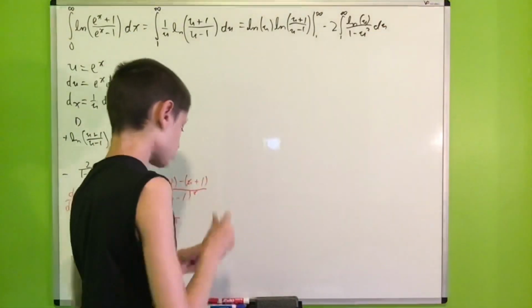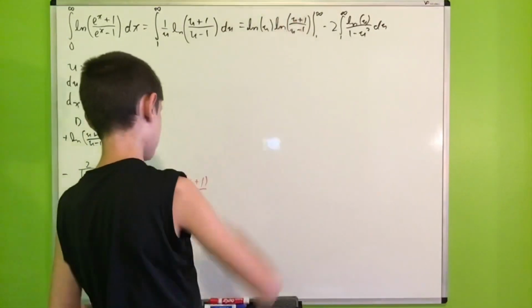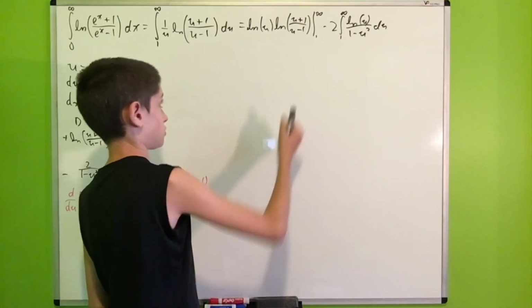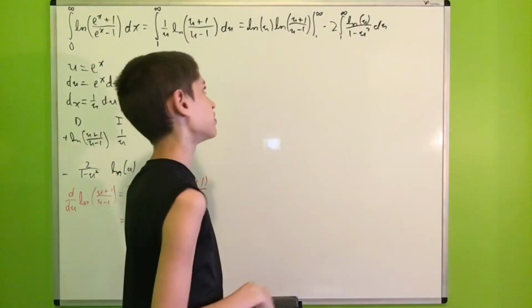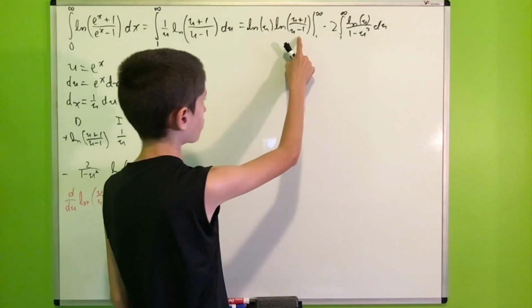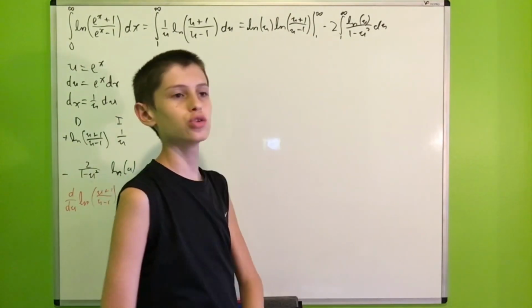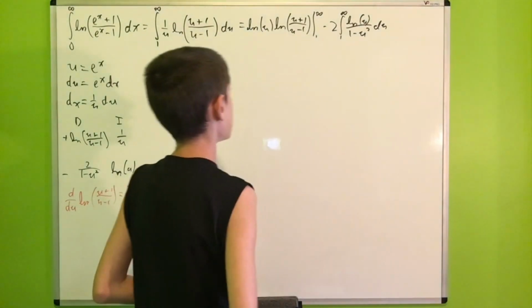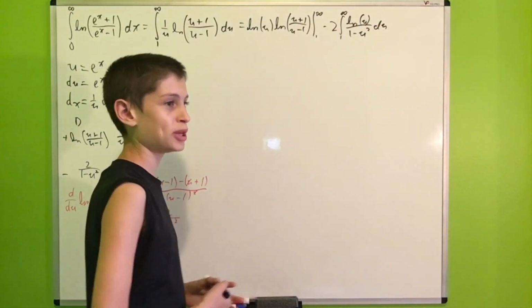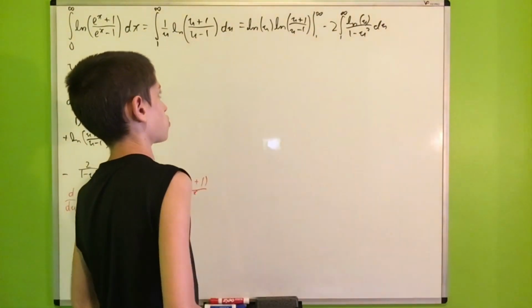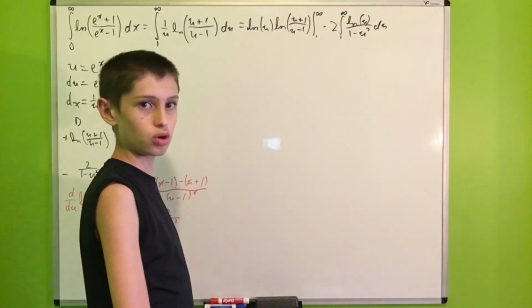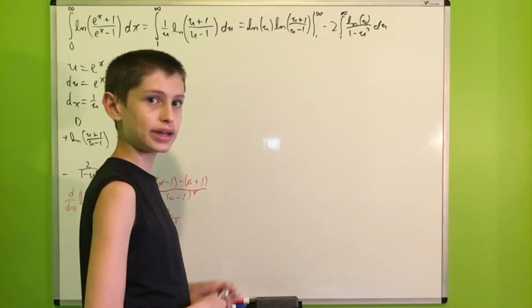And now, what happens if we plug in infinity into here? Well, natural log of infinity is infinity. And then for the argument of this second logarithm, as u goes to infinity, (u plus 1) over (u minus 1) goes to 1. You can easily verify that using L'Hopital's rule. Natural log of 1 is 0, so we get an infinity times 0 situation,